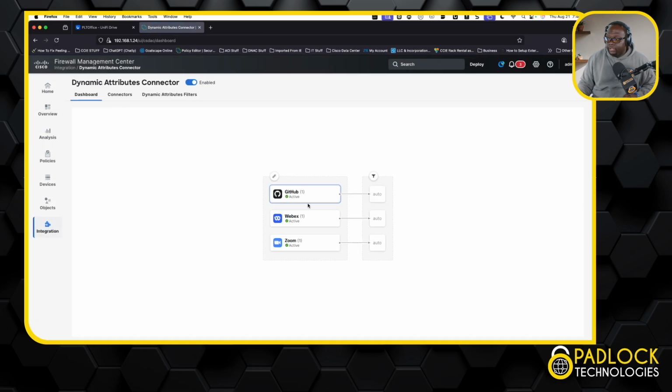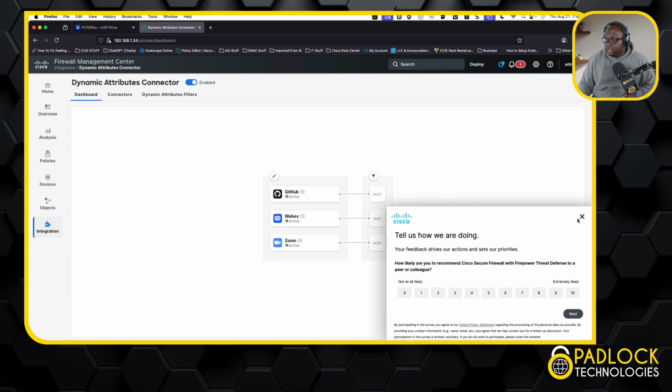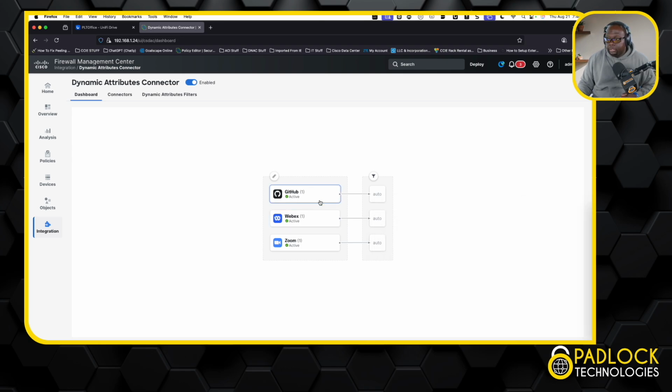Now, what I have is 3 public connectors. I have GitHub, I have WebEx, and I have Zoom. So what these are, IP prefixes behind the scenes, right? So back in the day when people used to say, hey, we need to whitelist all of WebEx's IPs, all of Zoom's IPs and stuff like that, you would have to go look at a list and say, okay, here's the IPs, and create an object with those IPs in it, and then you would create the